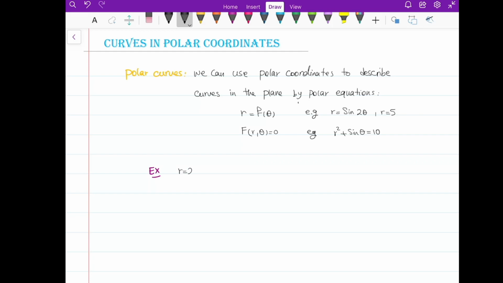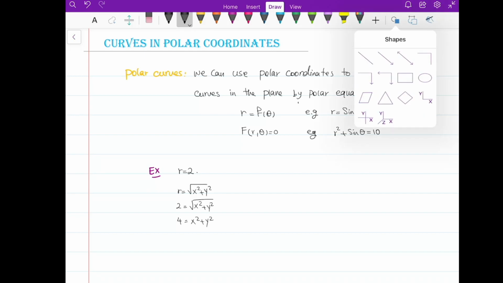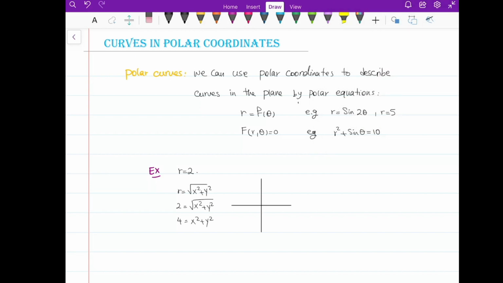What is r equals 2? I'm really comfortable in Cartesian, so I'm going to transform r equals 2 into Cartesian. How? I'm going to say that r is the square root of x squared plus y squared. So r equals 2 means 2 equals the square root of x squared plus y squared. So 4 equals x squared plus y squared, squaring both sides. What is this? As you see, it's the equation of a circle of radius 2,